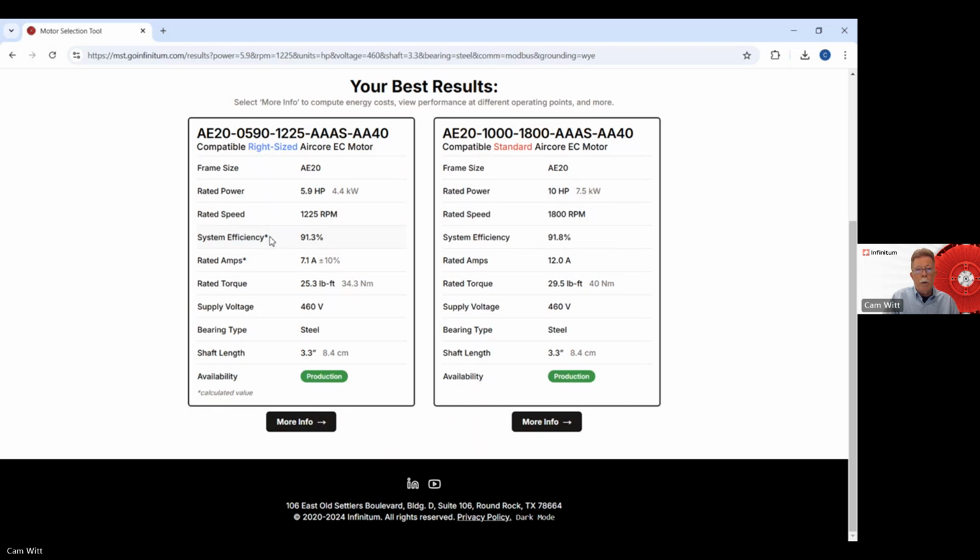And let me comment a little bit on this asterisk. You'll see for the efficiency and the amps, there's an asterisk here. So these numbers are calculated. And let me give you a little information on the math behind the motor selection tool. The tool has access to the dynamometer data of all the standard motors. So we take that operational data, put it into an equation, which gives us a way to add this particular value and determine these experimental numbers for efficiency and amps. So you plug in 5.9, 1225 in the linear regression, and it provides 91.3 efficiency based on the data from a